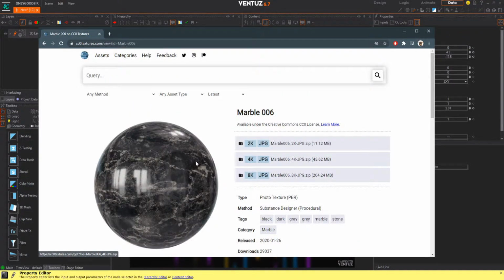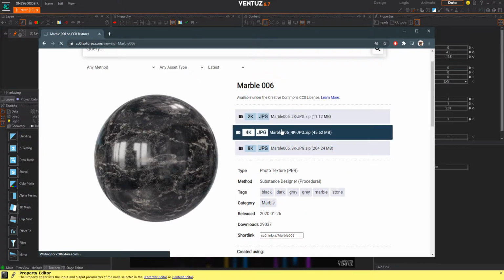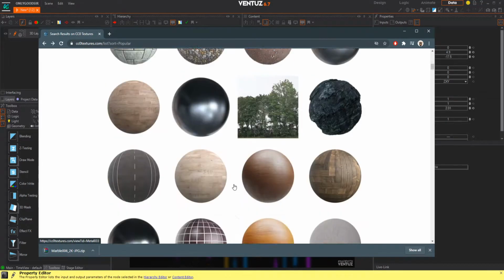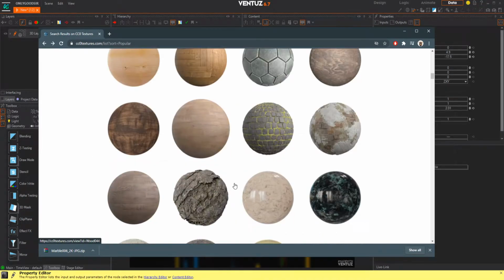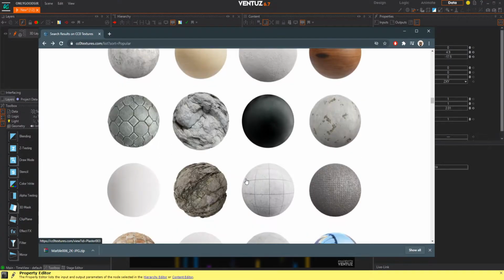Kind of like that. Maybe that for the back wall. I don't know, the 2K one. I don't need bigger than 2K. It's just gonna be HD anyway. Let's try that, and let's get something for the floor. I want something with a bit of